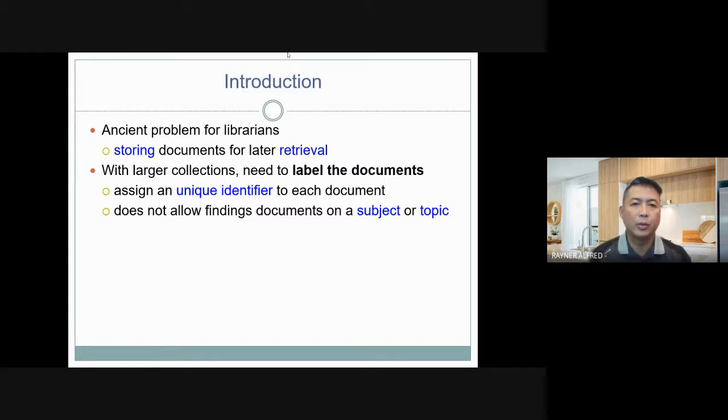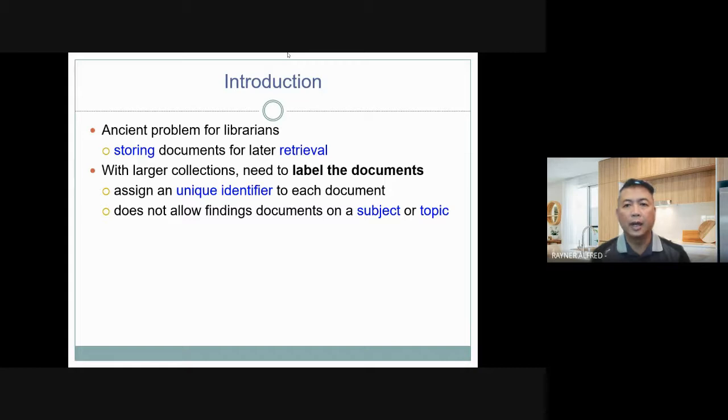So what they do is label the document and assign a unique identifier to each document, but they are not able to find a document on a subject or topic, because they do not have the algorithm or the program to look for a subject or a topic